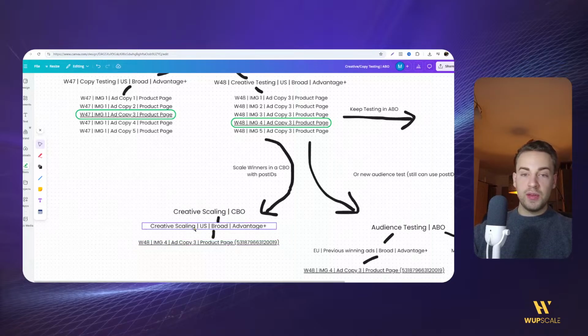Now this is CBO because we only have 1 ad set inside, and then we want the budget to be spent equally, or let AI decide which ad is going to be the winner. They are going to be competing against each other, but it doesn't matter because the best performer is going to get the most spend. So in this campaign, we are only using post IDs,